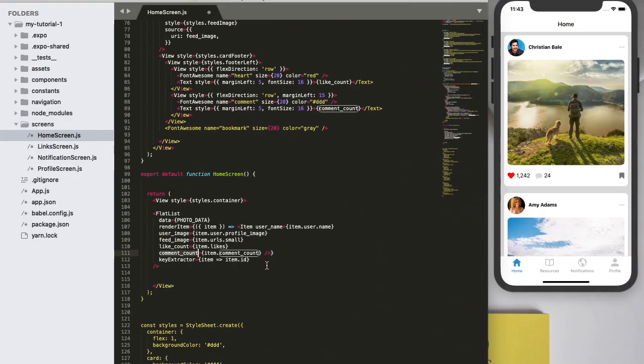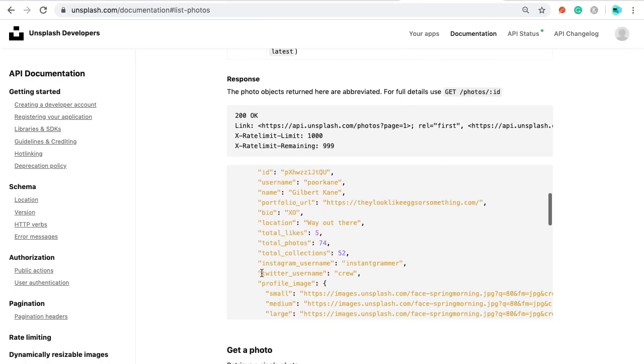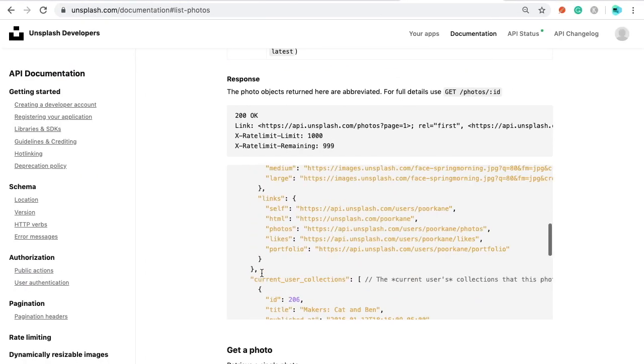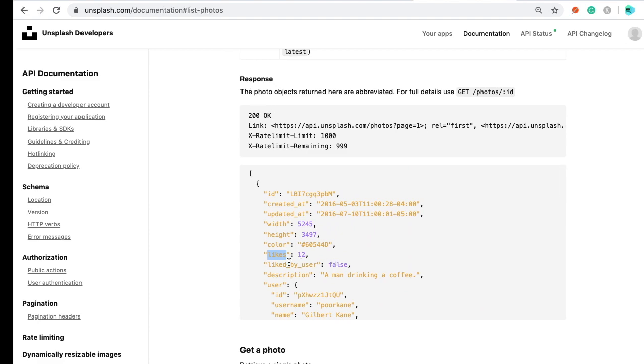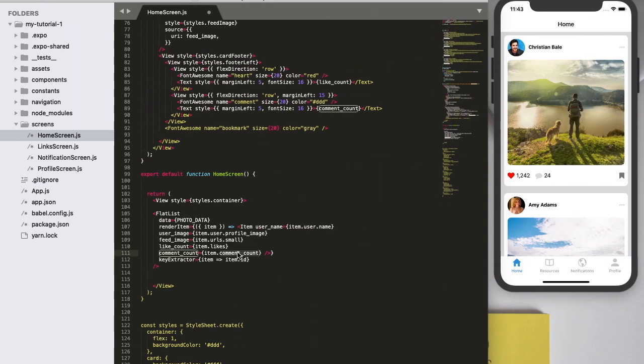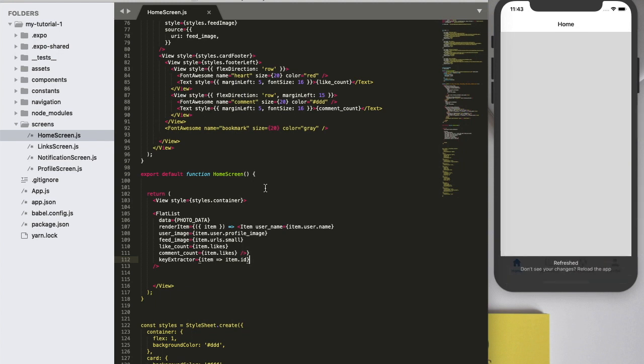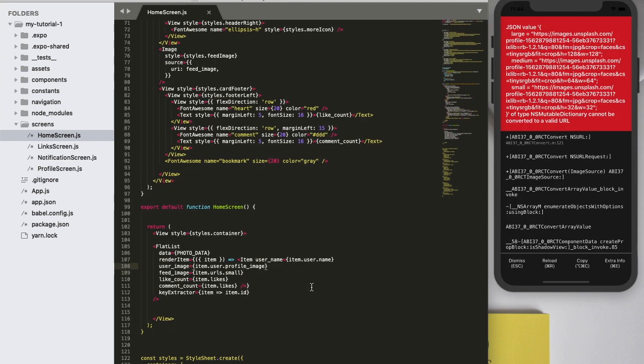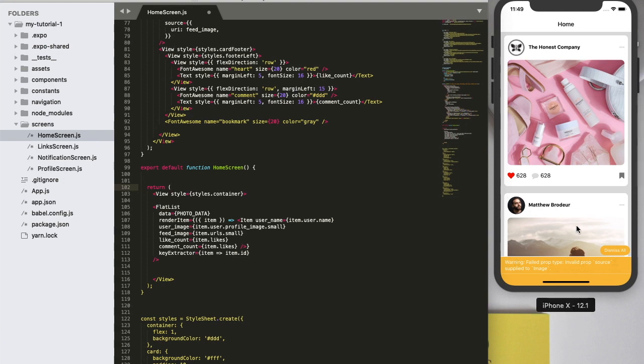For comment count, we don't have data that can be used, so I am taking the likes itself. Alright, now let me save and see what is going to happen. Okay, this profile image dot small, right? Now it shows the data.